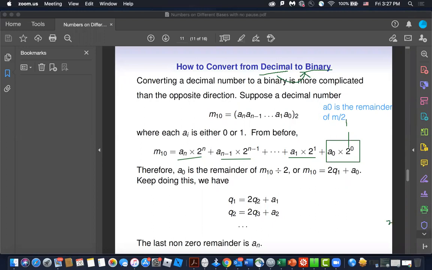Because if we look at the decimal number, and we discard the remainder a sub 0, we can write it as